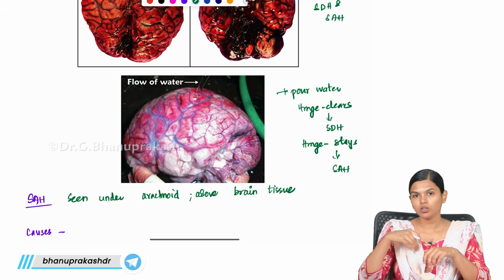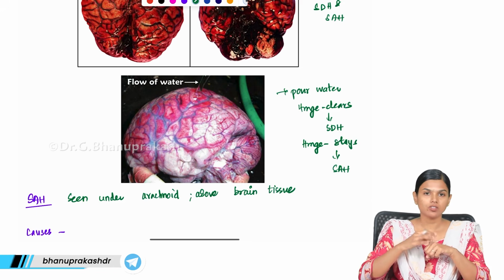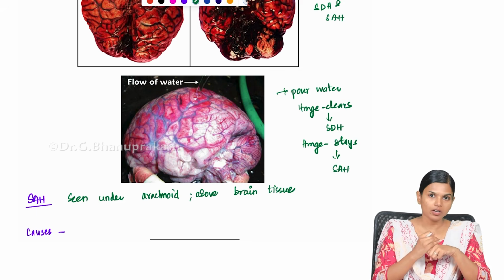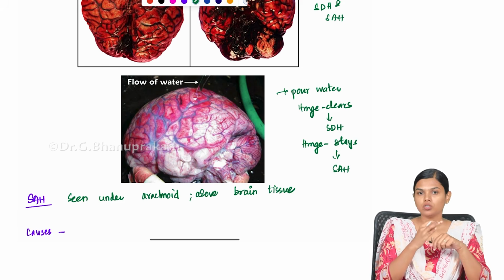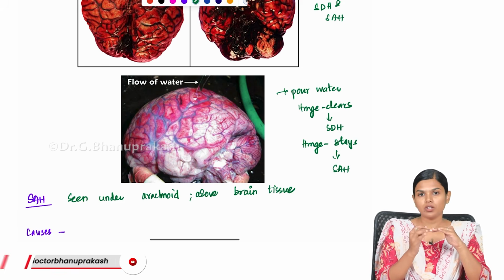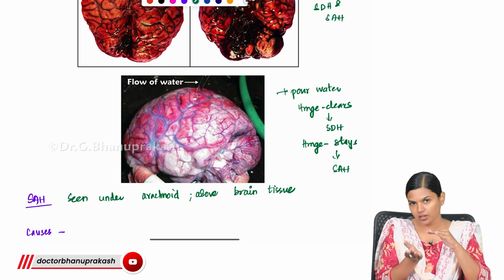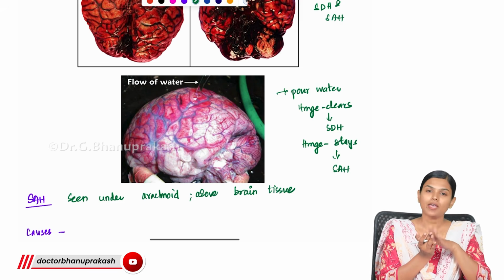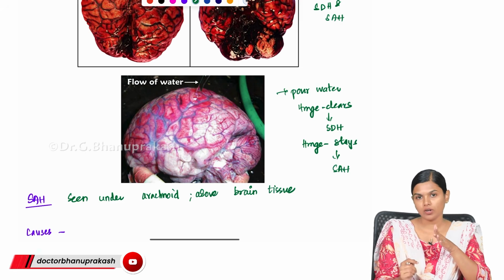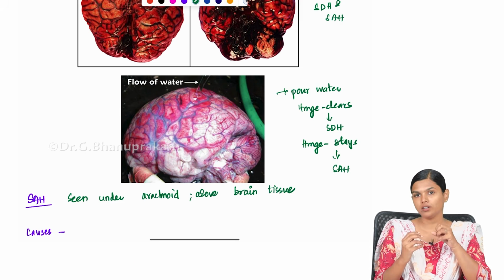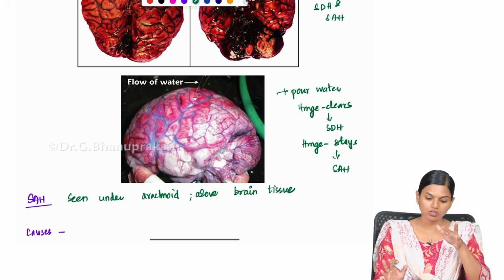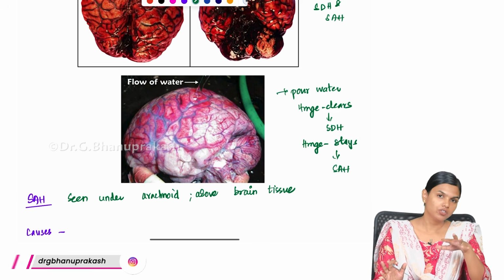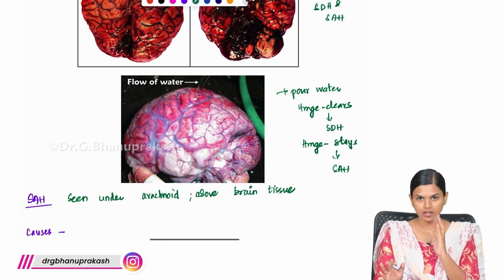So when you pour water over the brain, if it is a SDH, it will be above arachnoid, right? Dura we have already taken. So now what is the uppermost layer? It is the hemorrhage, and beneath that you have the arachnoid. So SDH above the arachnoid, it will wash away. SAH beneath the arachnoid. So arachnoid will prevent the water from washing away the hemorrhage. So this is how you clinically distinguish a SAH and a SDH.